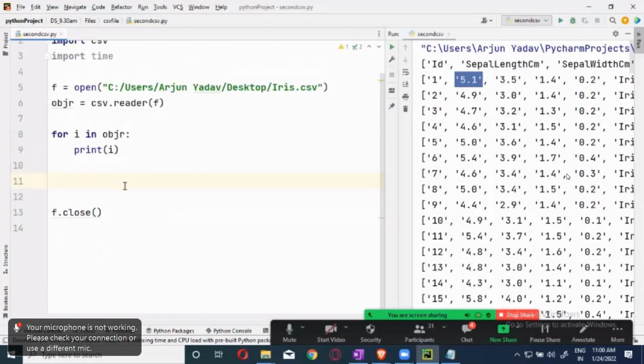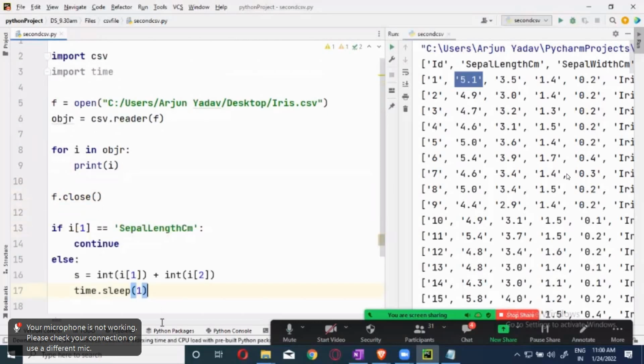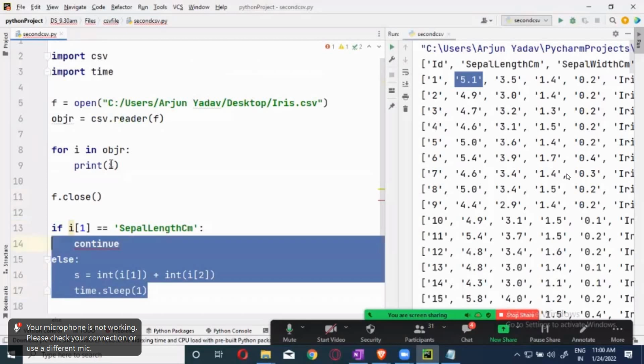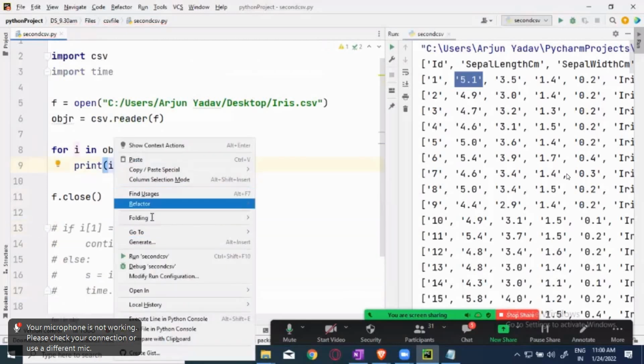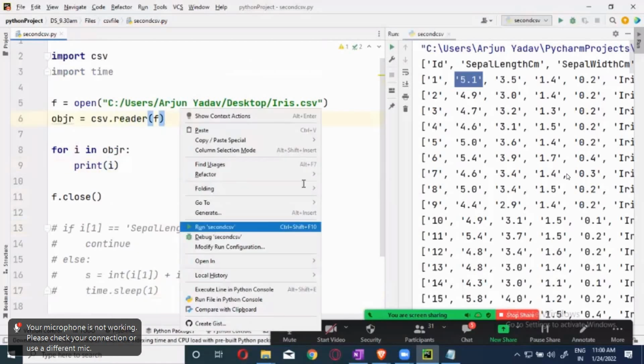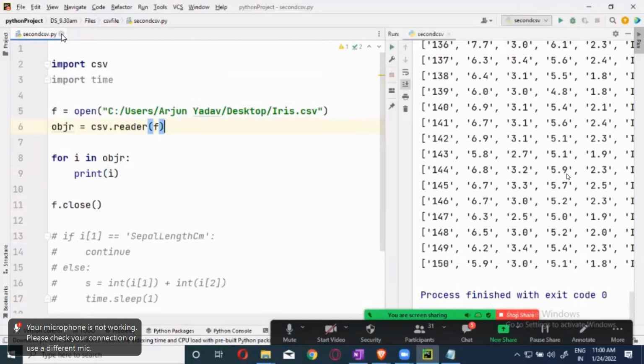Now we are going to create a CSV file. I read the data from the CSV file. Remember that I read the data from the remote location of the CSV file. Now I want to create a CSV file. Okay, I want to create. So again, by writing